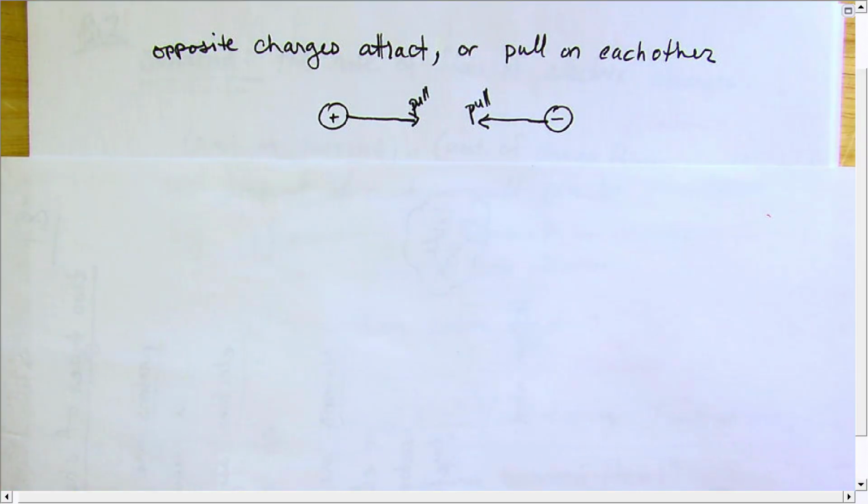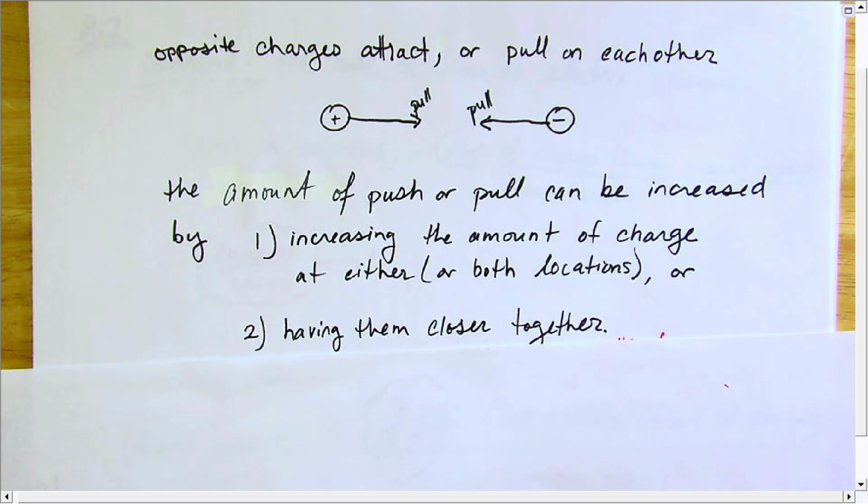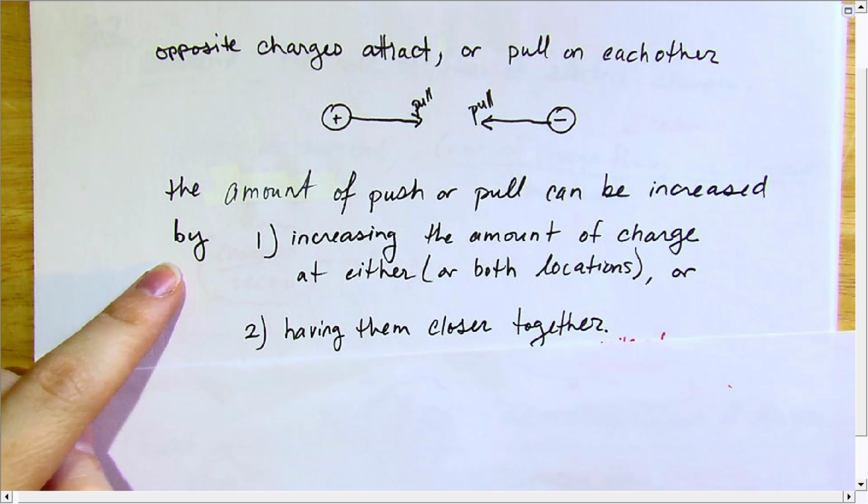Right, and they would try to pull together. So if you've ever heard the saying "opposites attract," that applies here, and it's also going to apply for magnets. Now that amount of push or pull can be increased. Like it could push harder or it could pull harder. And the way you could do that